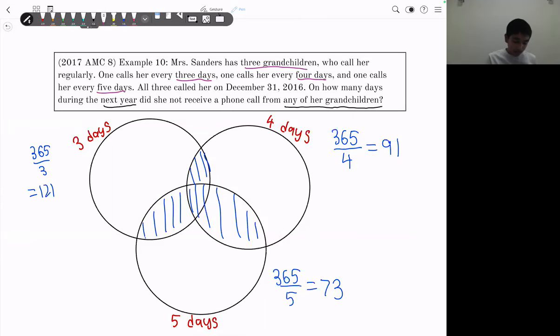In order for them to both call every 3 and 5 days, they must call every 15 days. This is because on the days that are multiples of 3, the grandchild who calls every 3 days is calling. Now, for the days that are multiples of 5, the grandchild who calls every 5 days is calling. So in order for them both to call on the same day, it must be a multiple of 15. So there are 365 divided by 15,